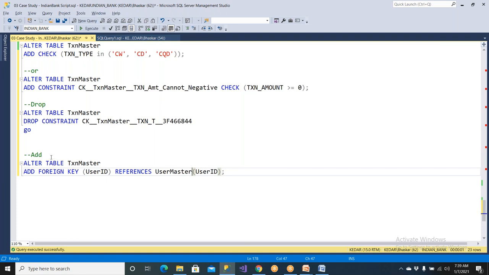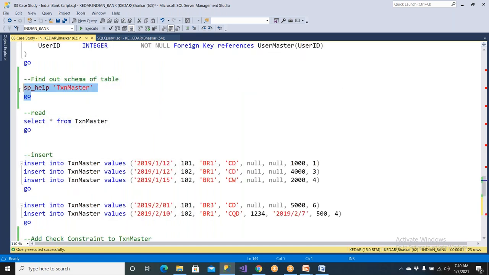Okay, now this is adding a foreign key if it is not there onto the transaction master table. But if you wanted to drop an existing foreign key, we should be able to copy this and paste them. The W3C school site is very good. Now recommend and see drop foreign key name. How do you get the foreign key name? You can get it with the help of this,